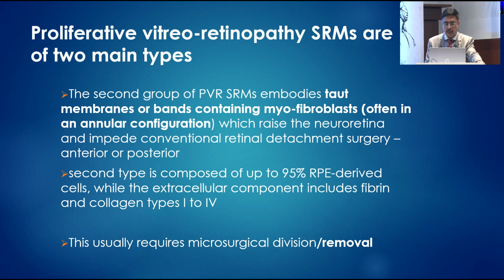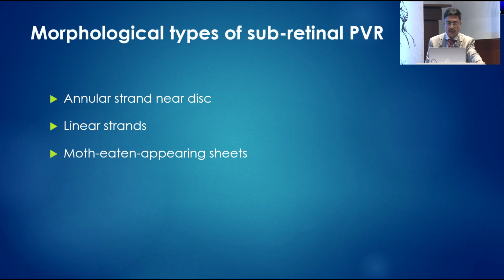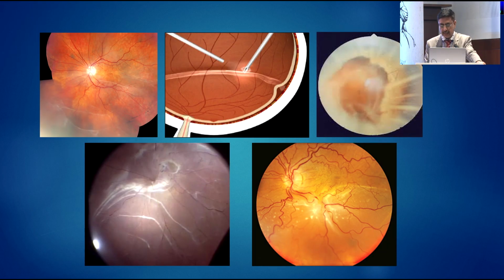But the taut bands containing myofibroblasts, which raise the neuroretina and impede conventional reattachment, are composed of 95% RPE-derived cells with fibrin and collagen. This usually requires surgical division or removal. These are the morphological types of subretinal PVR: annular strands, linear strands, and moth-eaten appearing sheets, as we see in these